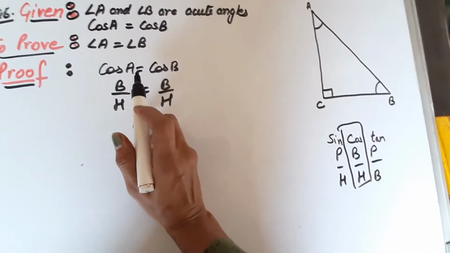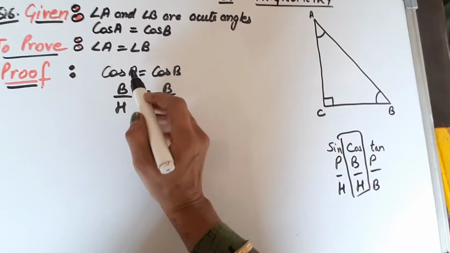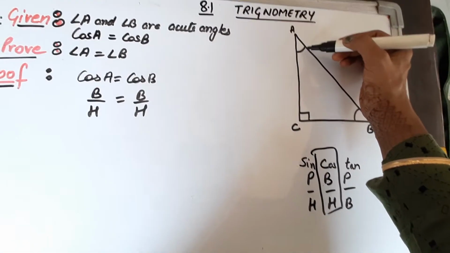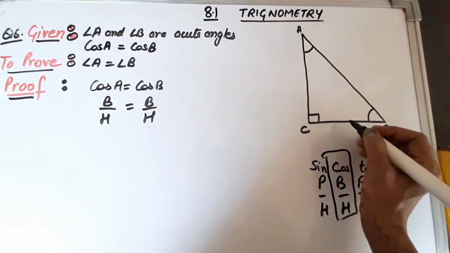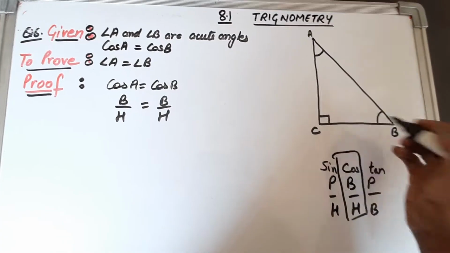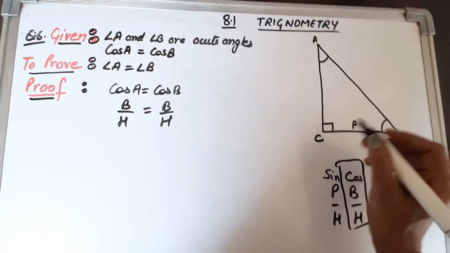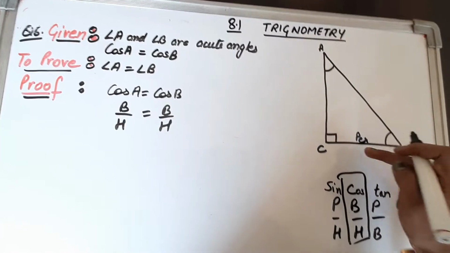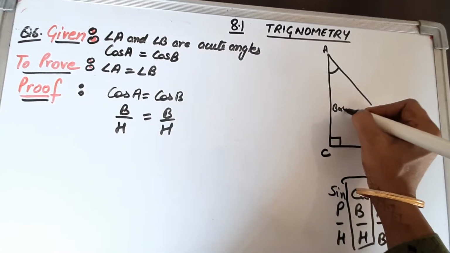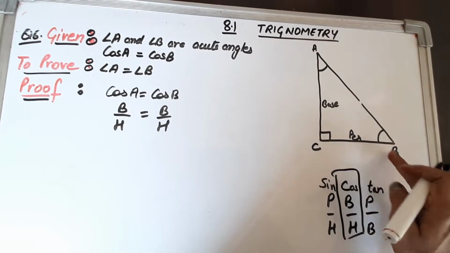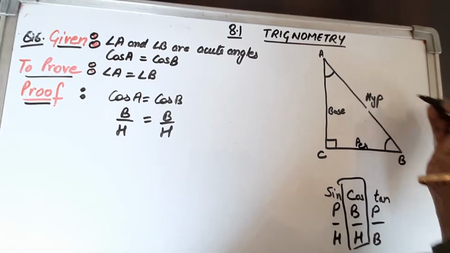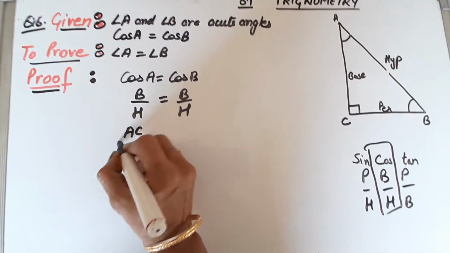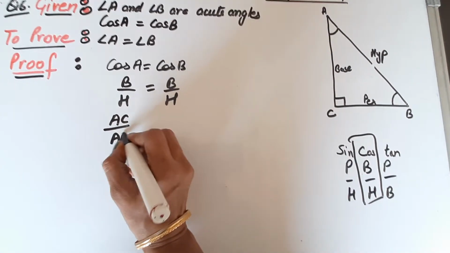But now the point to be concentrated on is this, that here the angle A is there and here angle B. So when angle A is here, the perpendicular will be this. When angle A is there, the side opposite to angle A is the perpendicular, and this side will be the base, right? So we will take B, and this is fixed hypotenuse. So we need base, we will put AC, base AC upon hypotenuse is fixed, AB is equal to.